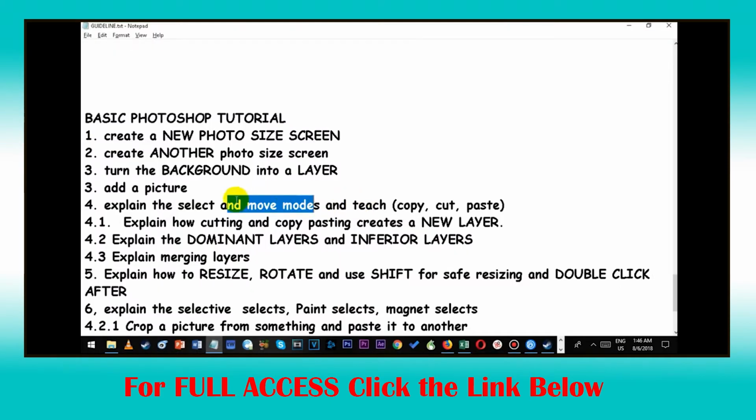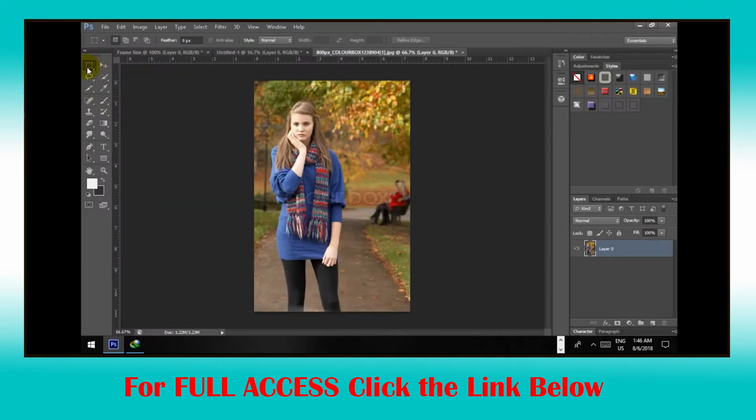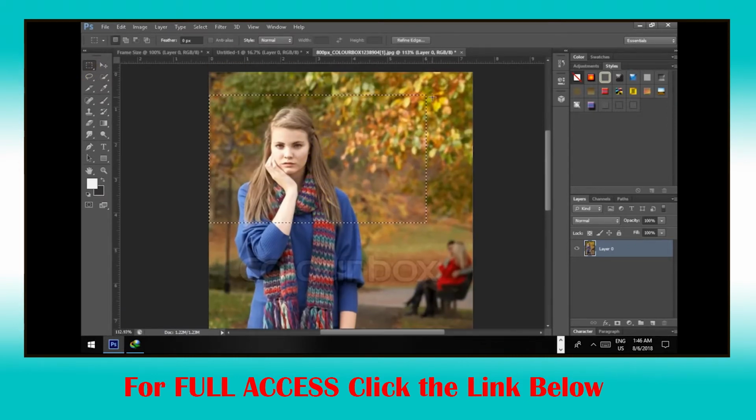Okay, so that's how this resizing and sizing works. Now let's talk about selecting. You see this tool? There are different types of selections. Let's say I want to select her face for a frame because I think she'd look really good in a